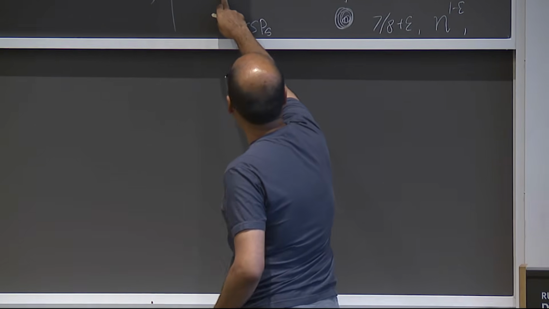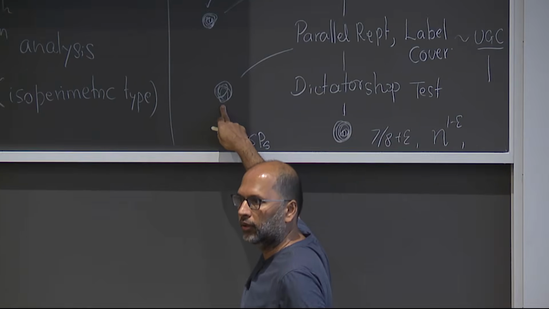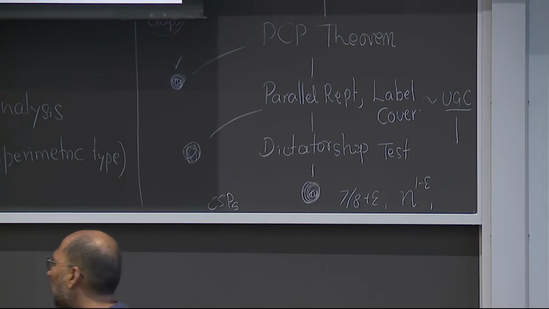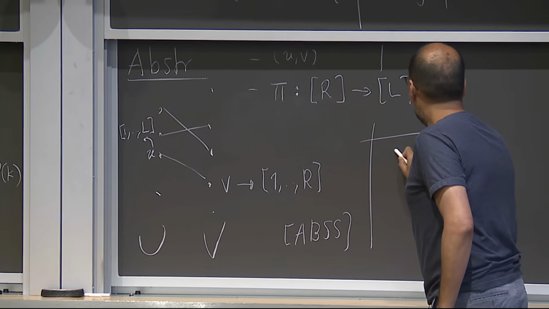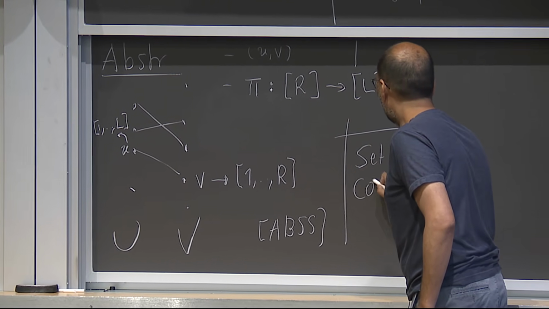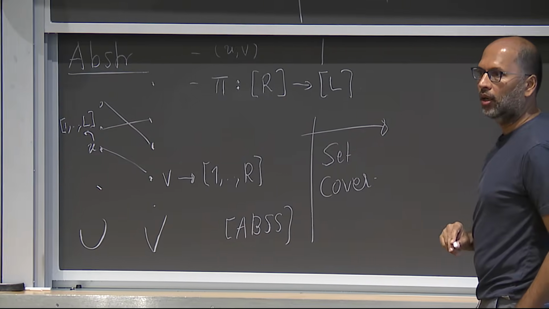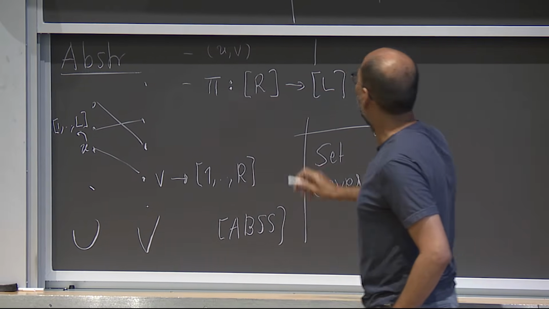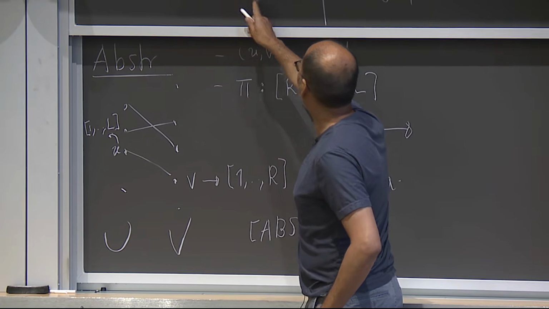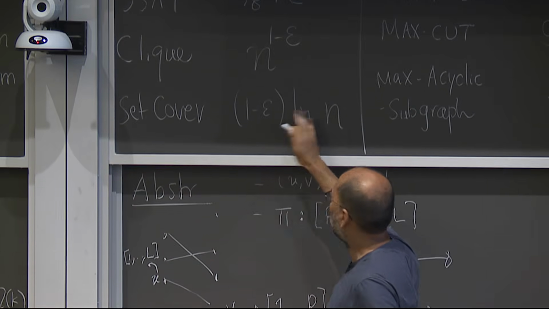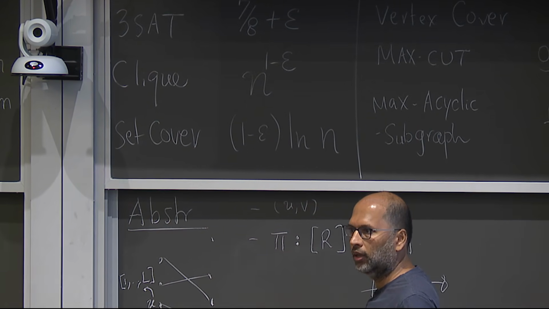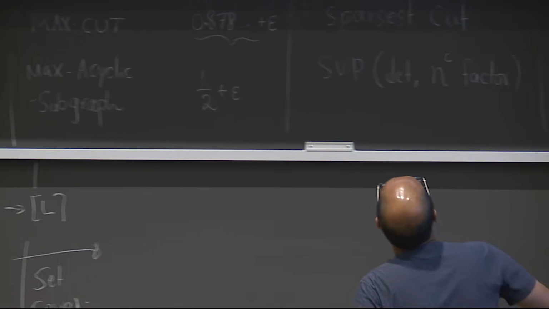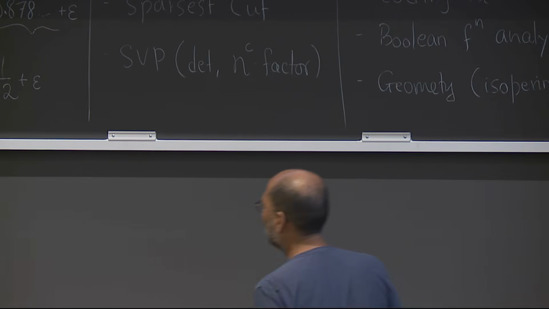Now let's do a bullet point: a direct reduction from label cover. And perhaps maybe the most natural example is you can reduce this and get a hardness result for set cover, which is already quite strong. So you won't immediately get natural log of n, but if you are happy with up to constant factors, some log of n, then this would pretty immediately give it. Okay, and let me even try to quickly sketch it.